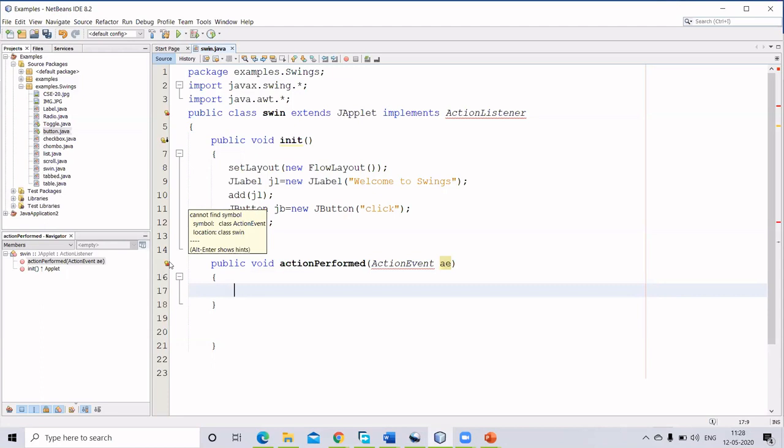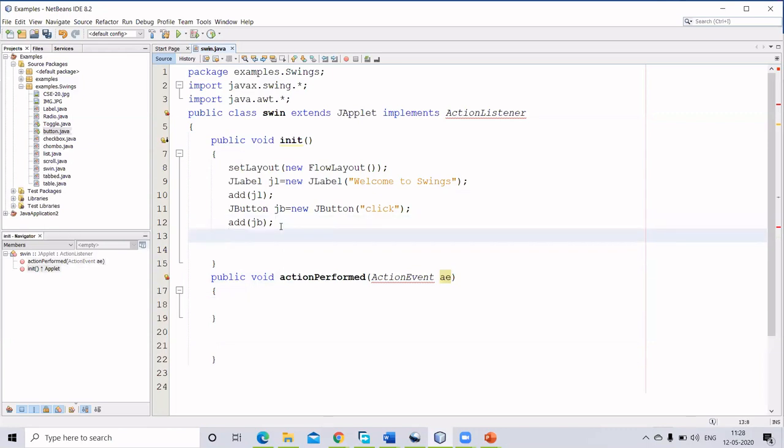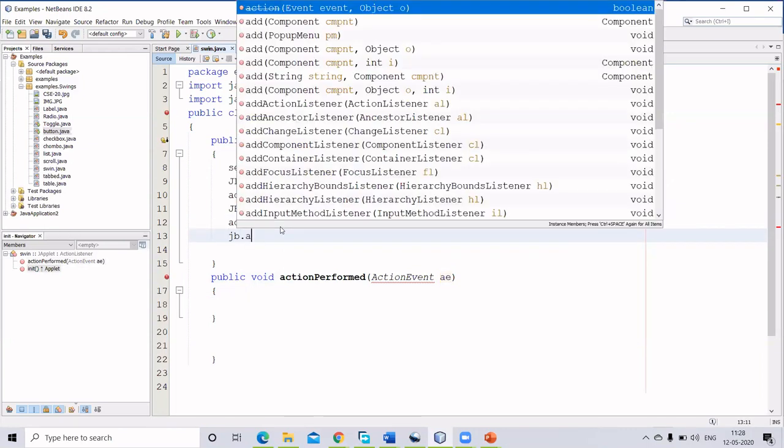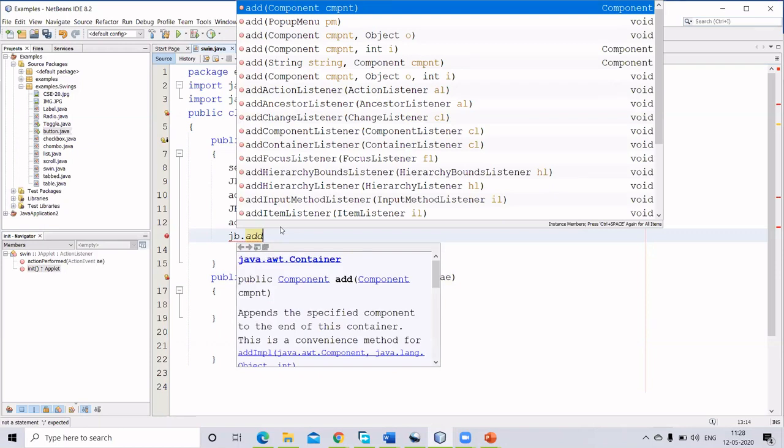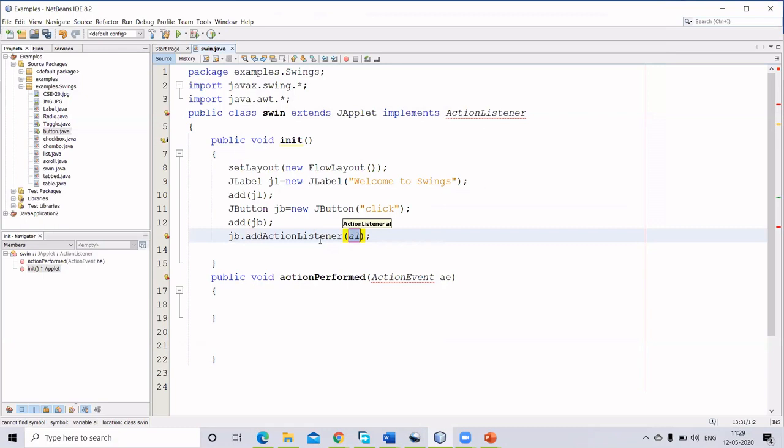First step, you have to register it. For registering, you have to use jb.addActionListener. This is called your action listener registration. Once you have done the action listener registration, you have to pass the object of that. The object I'm going to pass is nothing but this, right?